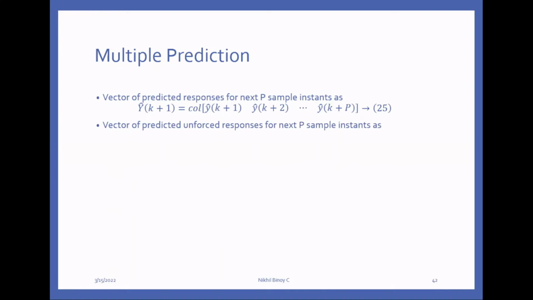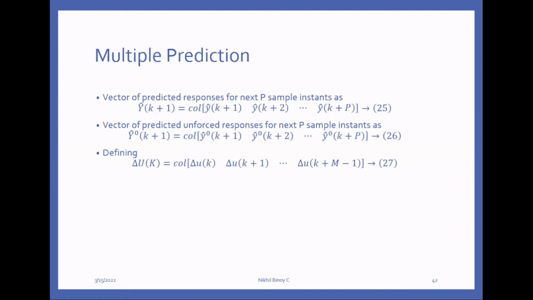Now the vector of predicted unforced response. We discussed about the unforced predicted response. So that we can write it as y cap 0 of k plus 1, that is equal to column vector y cap 0 of k plus 1, y cap 0 of k plus 2, etc., y cap 0 of k plus p. Equation number 26. Now we can define capital letter delta U of k, the input horizon,